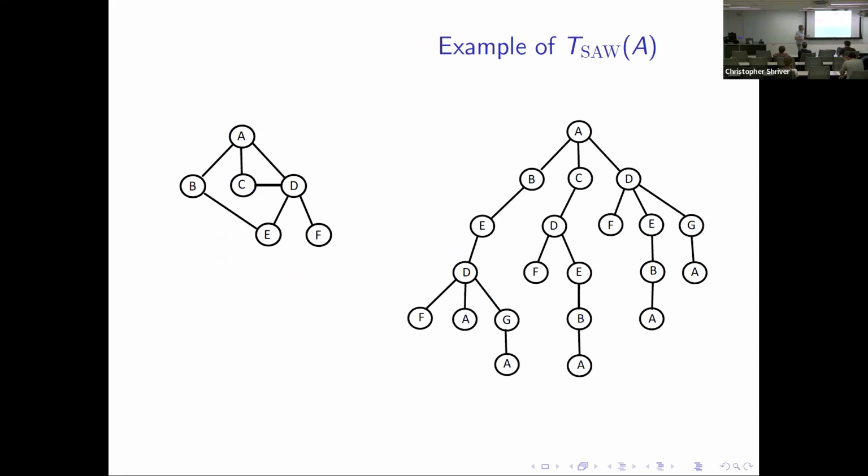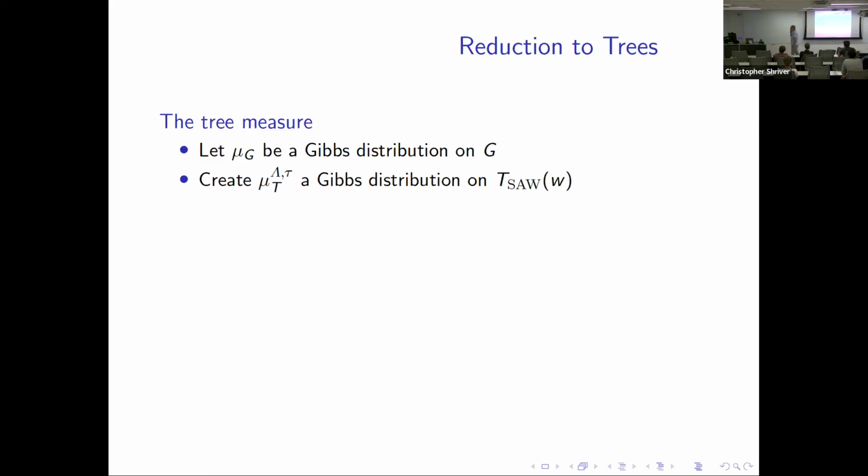And we saw yesterday this example. We have this graph G, and this is T of A that is generated from vertex A. Also, if you remember, I call these vertices here copies of vertex A or copies of vertex B. So this copy of vertex D means that this vertex here corresponds to a self-avoiding walk from A to D. And I have this nice construction.